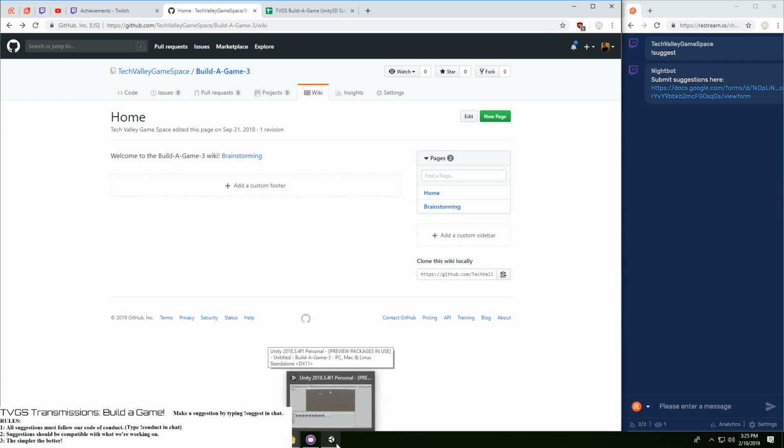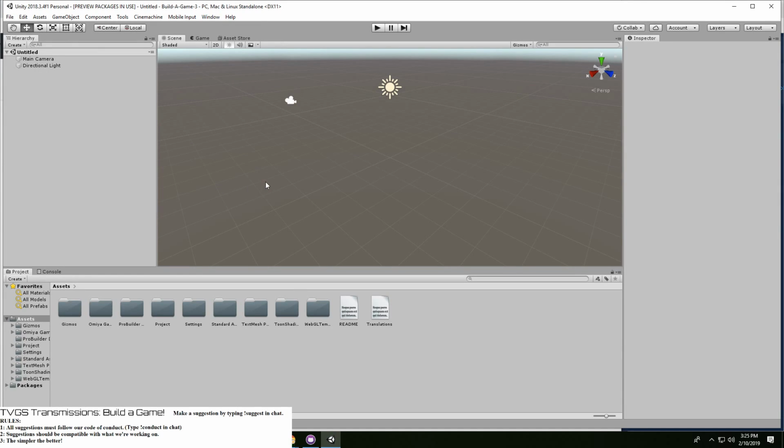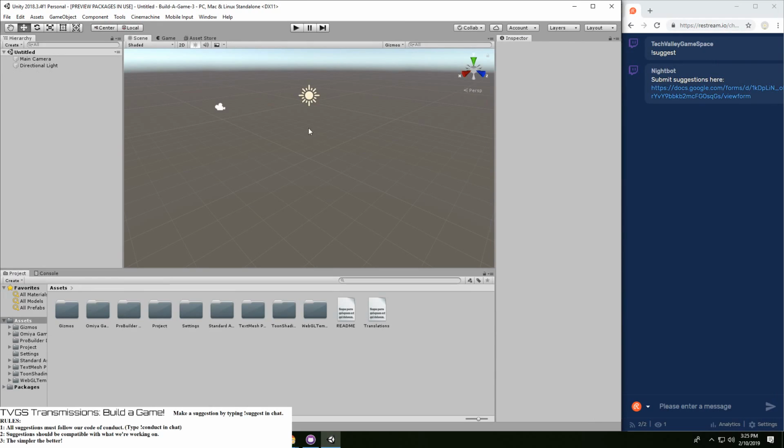This is critical because you want to make sure that, yeah, it says we're not on the latest version. We want to make sure that everyone who's playing around and accessing your project is also able to grab and download the latest version of the project on their computer as well.